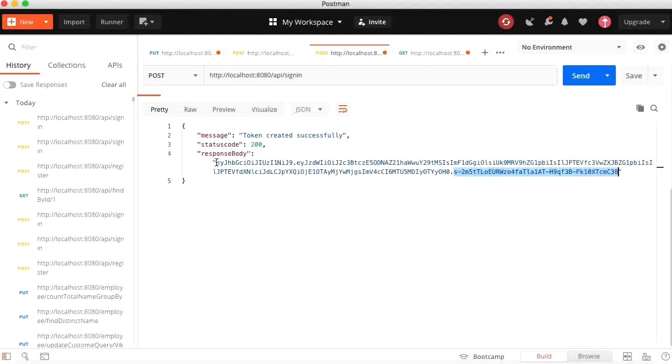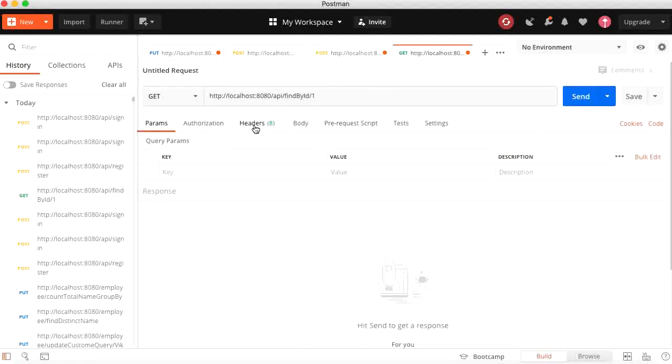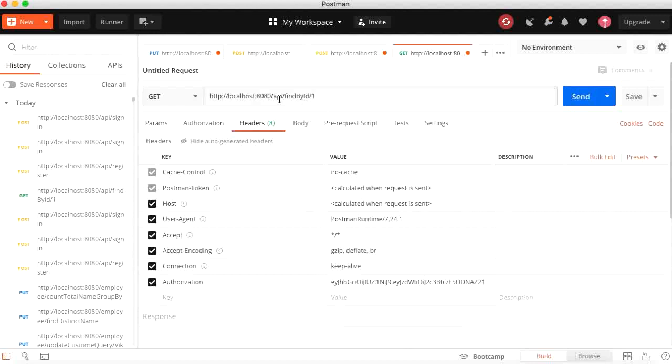So let's now take this token to access all the other REST endpoints. For this I want to access user information by ID. So I need to pass the authentication keyword in the header and pass the token.